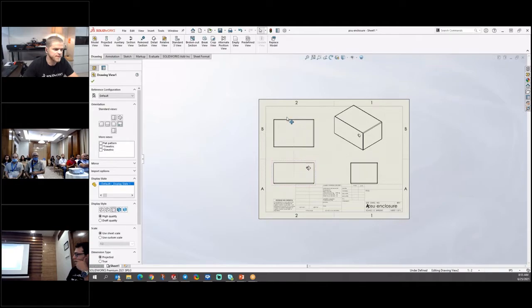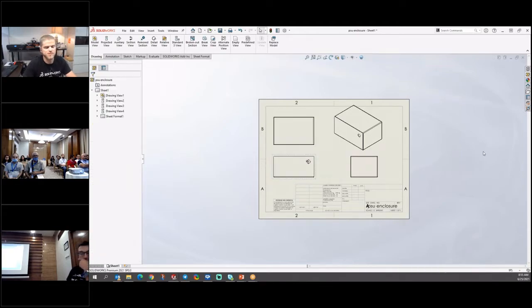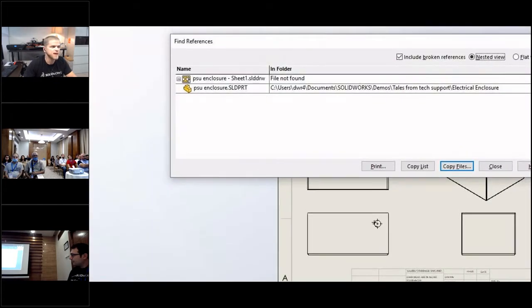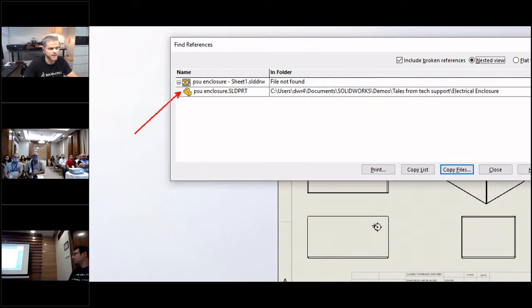Okay, so this is really simple, right? And you've probably done a drawing before, where you just throw some models onto a drawing, you put your dimensions, and then away you go. But the important thing about this is to understand that in file find references, the drawing references the part, right? That's actually the whole key thing with SolidWorks, is the drawing is actually referencing back to the part. So this find references utility is interesting because it lets you check your links, make sure that your files are connected to the right files and you're showing the right part here.